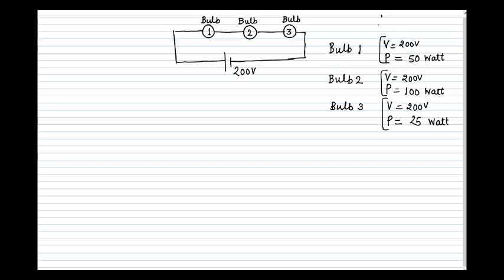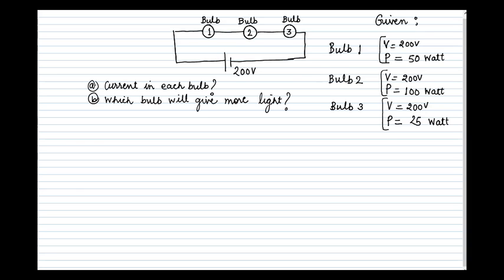So that is what is given to us in the question. Now what we need to find out? So this question has two parts. We have to calculate the current in each bulb, current in 1, current in 2 and current in 3. And the second part is which bulb will give more light. That means which bulb will glow brighter. So if it is glowing brighter, that means it is giving more light. So let us do them one by one. Current in each bulb, we need to calculate the current. So let us go with the solution